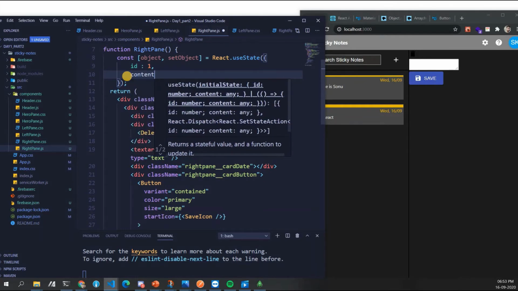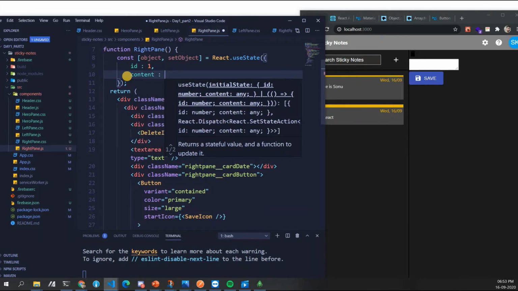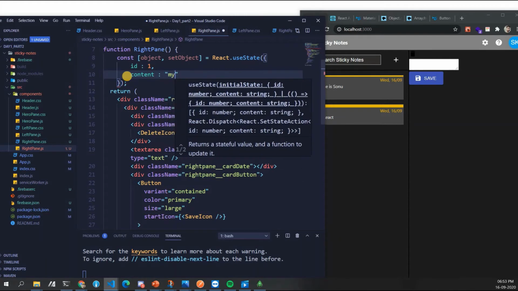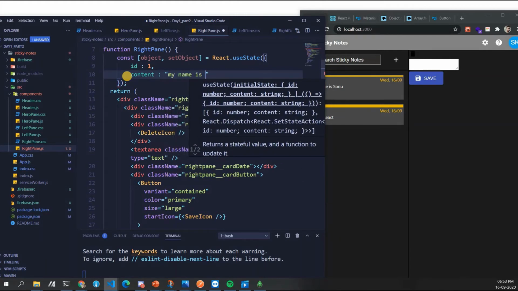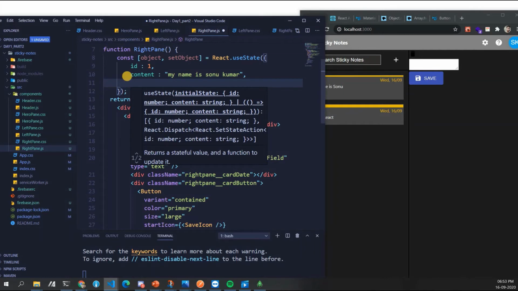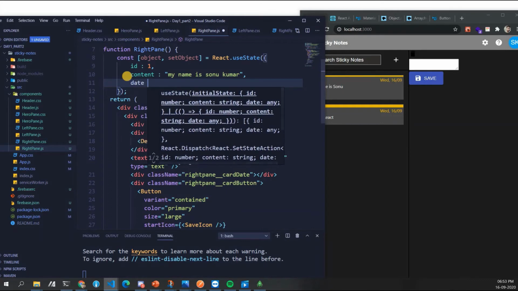Okay. So content is, let's say, my name is Sonu Kumar. Okay. Now my ID was one. Content is my name is Sonu Kumar. I need a date field.